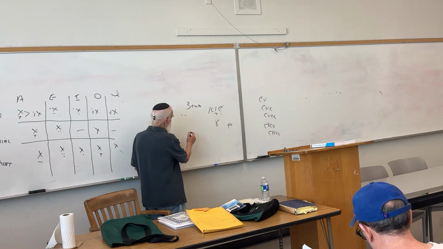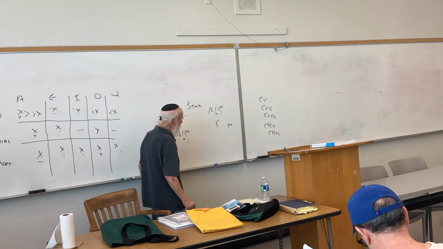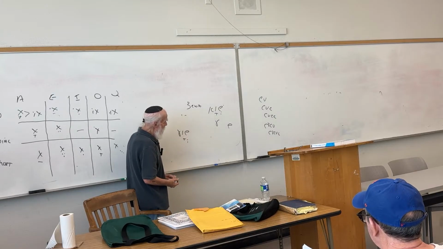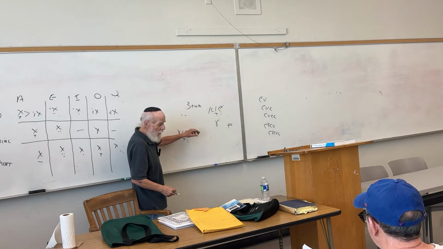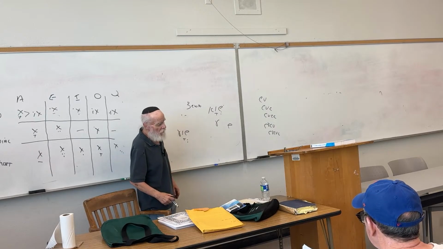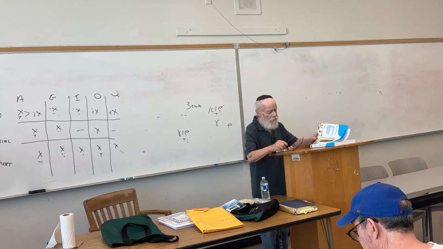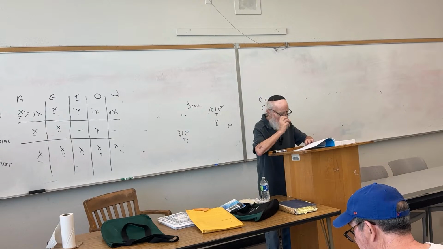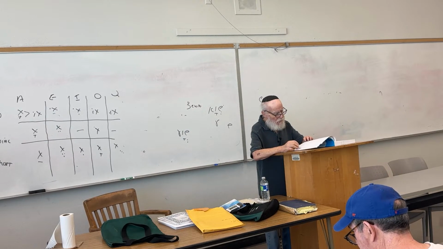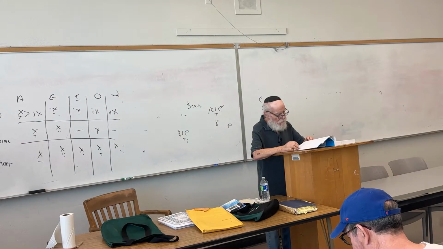Unless Professor Garber, the word shva should be spelled this way. See how confused I am? Does the word shva get spelled with an aleph at the end, or does it get spelled with an ayin at the end? And when we see Mrs. Coffin, she introduces the word shva. Let me go to the source itself, and we'll see how she writes the word shva. No, she spells it with an aleph. I'm looking at page 5. She has that word shva spelled out there. She spells it shin vav aleph.